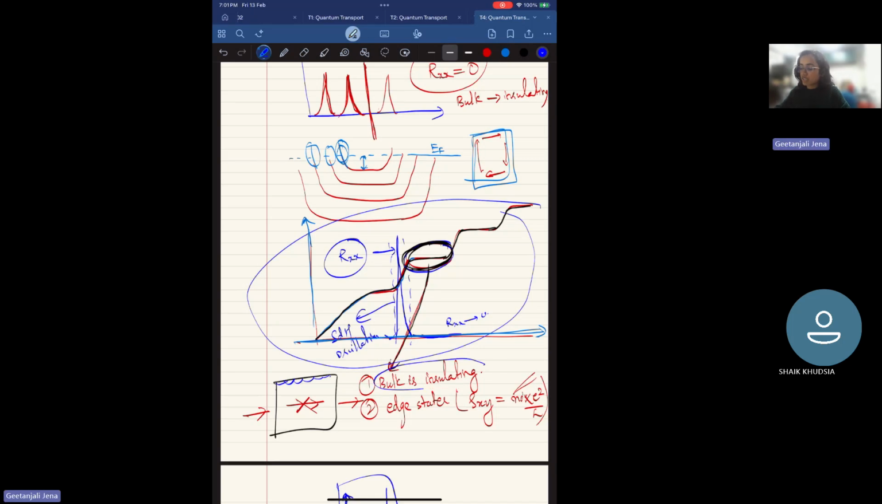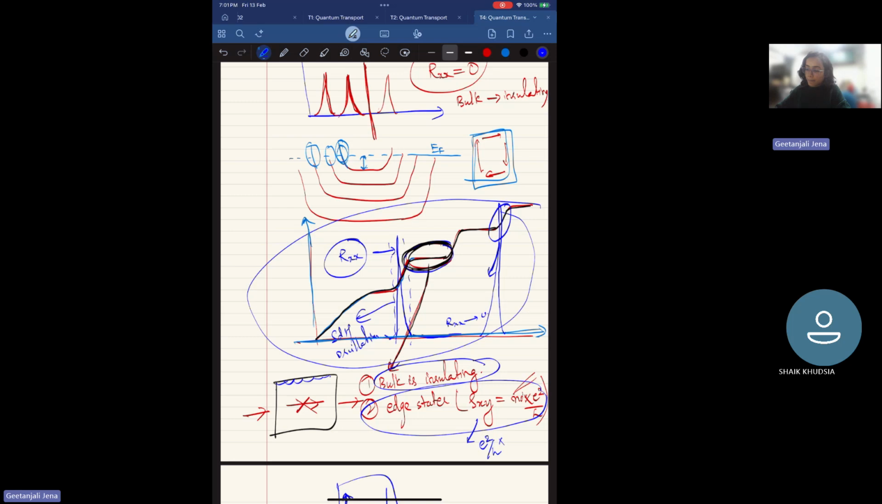So that is why we say bulk is insulating. And there will be a state which is a conductance given by e square by h multiplied by the number of states that is available. And for the reason where we see this increase, this is the reason where one Landau level is crossing the Fermi level. So there are available states where the electron can be excited. So for this reason, we'll see a peak in the